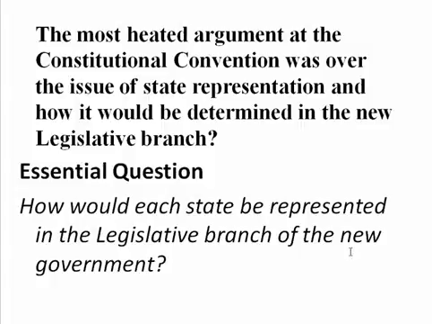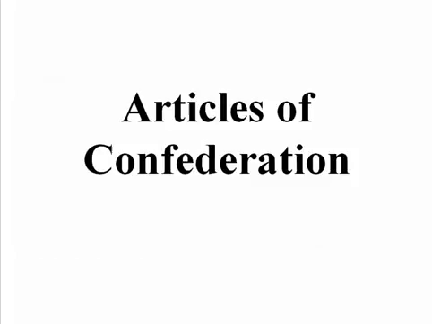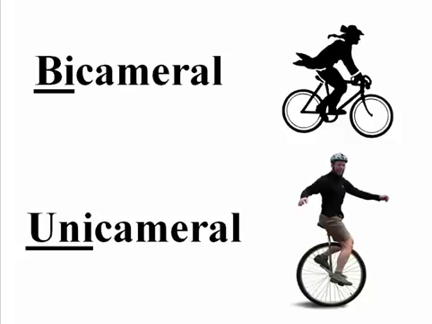And to answer that, let's look back first at the Articles of Confederation. How was it before? Under the Articles of Confederation, there was no bicameral government. It was unicameral. And to see the difference between those, if you look at the roots, or prefixes, of the word, cameral means chamber or house, right? So we have this prefix bi means two, and uni means one. And if we use an example of a bicycle, a uni